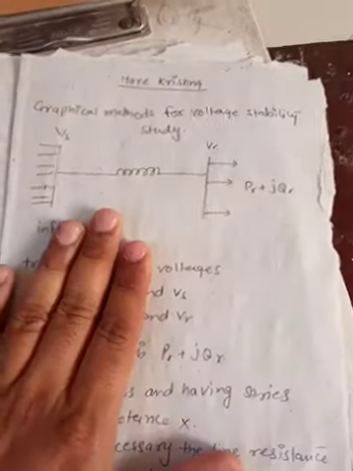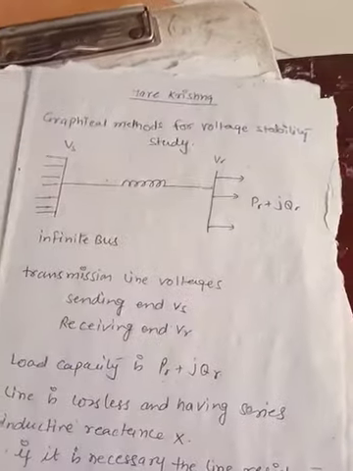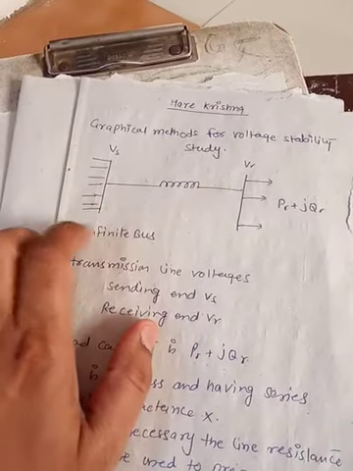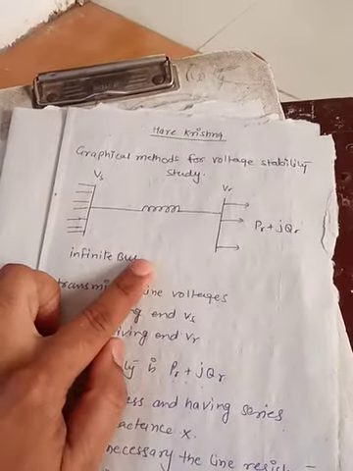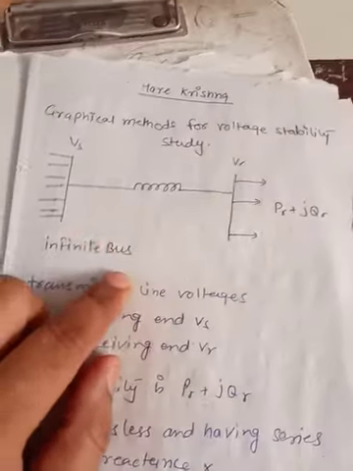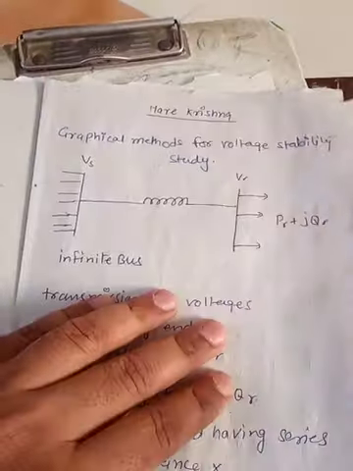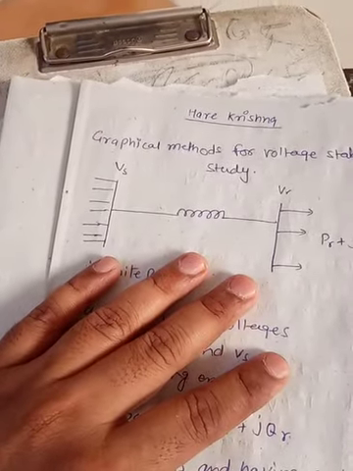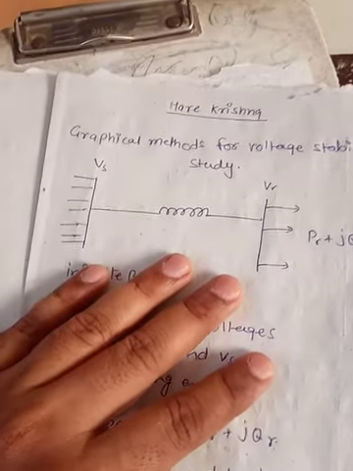So now let us discuss this. Before starting this lecture, try to understand that here we are taking a very simple system, a 2-bus system. This side we have a voltage Vs, or you can say this is the infinite bus. As we know, in case of rotor angle stability, whatever is connected to the grid side, apart from the generator, is called the infinite bus. But in case of voltage stability, it is the phenomenon of the source side.